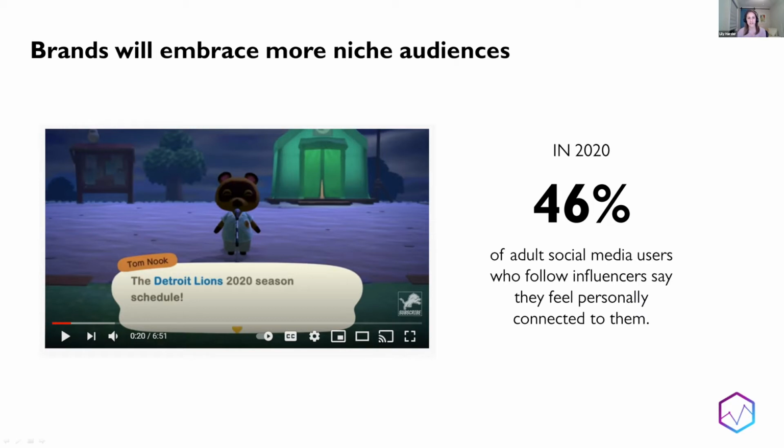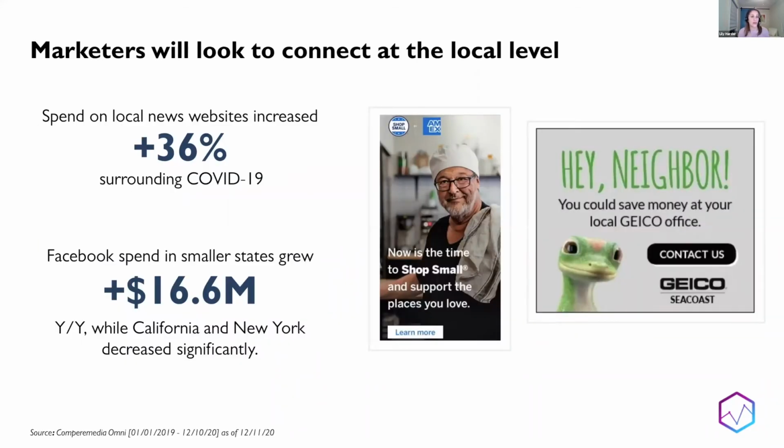So this idea of fandom and creating content in these mini sub-communities is going to be interesting to keep an eye on. And thinking about locality. So again, reaching consumers at the local level, or at least showing your support for local communities and local commerce. So we're seeing brands already implementing a more local ad buy approach. And rather than targeting highly populated regions, we're seeing brands focusing on smaller states and local news stations as a way to, again, connect to those smaller, more niche audiences. Also as a way to just show that they're supporting community. That's a big part of it.